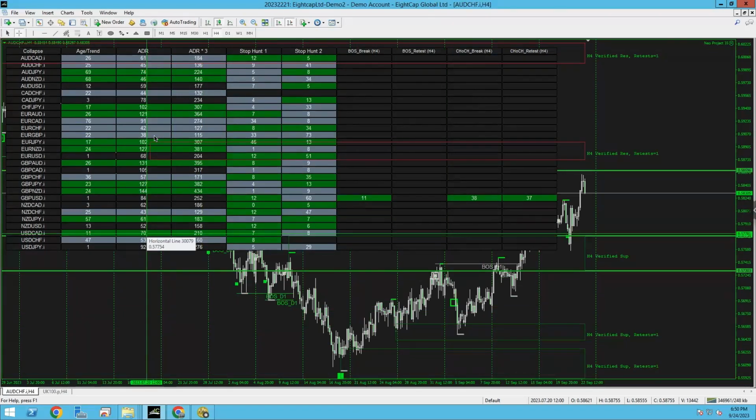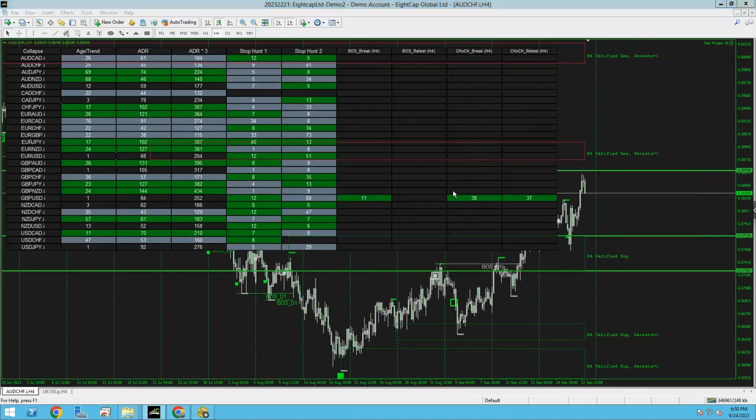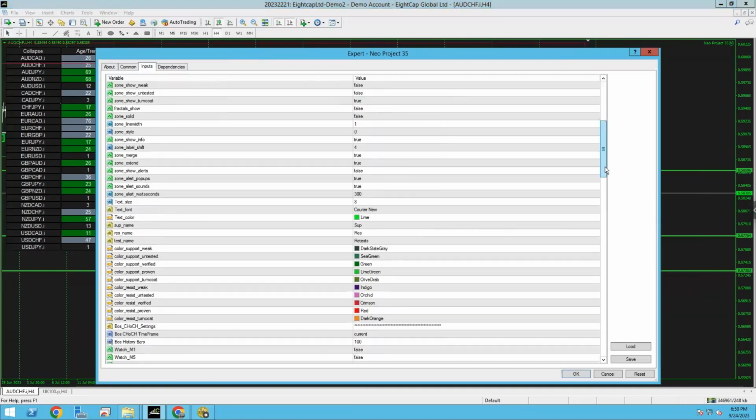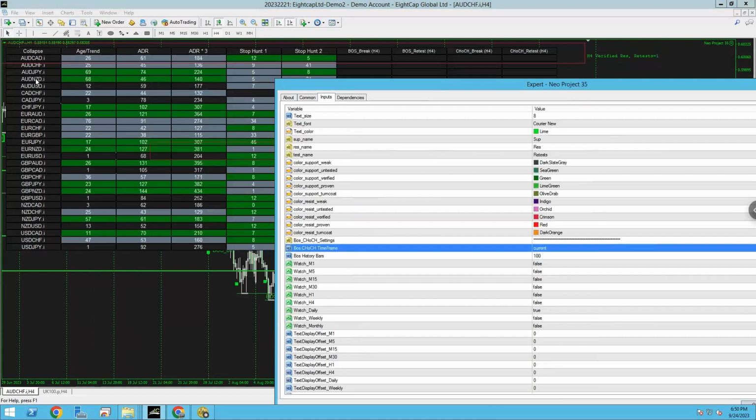Yeah, Colin, did that make sense to you, the BOS? You'll get the BOS on the closure of the break of structure candle based on whatever time frame the BOS is on, basically. And the alerts for your BOS are only going to be based on what you set it to here. I want people to understand this. Wherever you set this to is how you're going to get your BOS. Do you understand? Literally. So all you have to do with the alerts that you want for this setup is leave this dashboard like this.